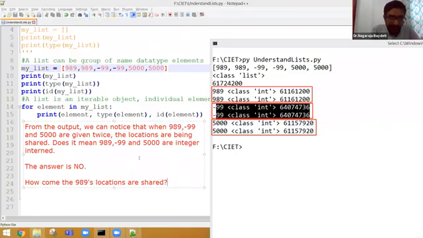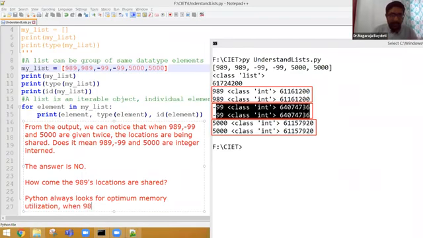Okay, this is where Python does the memory optimization in the background. Python always looks for optimum memory utilization. Python looks for optimum memory utilization when 989 is defined in my list twice. Say I am writing 989, that means you should understand that it is the same concept as 99 minus 99 and 5000. When 989 is defined in my list twice